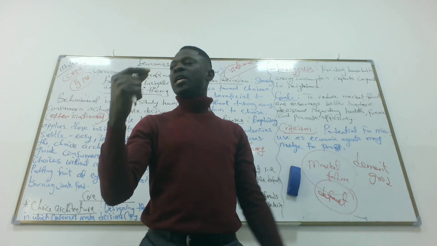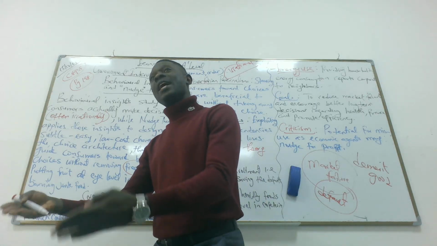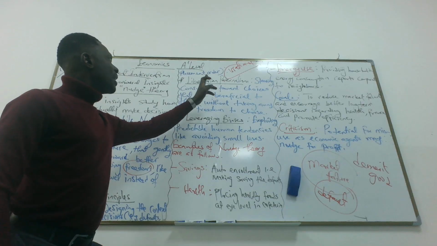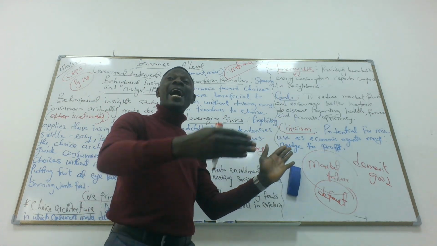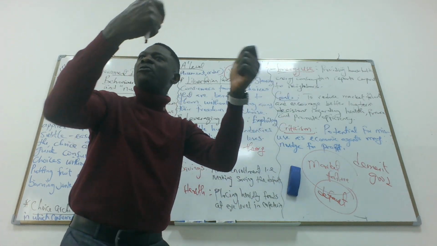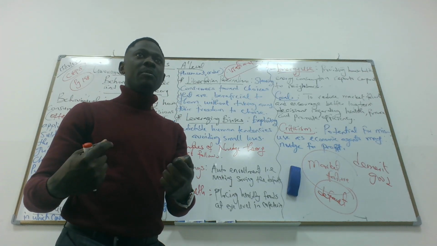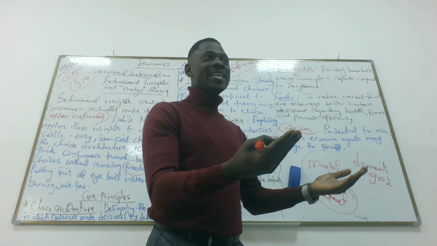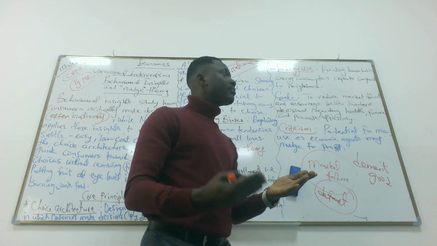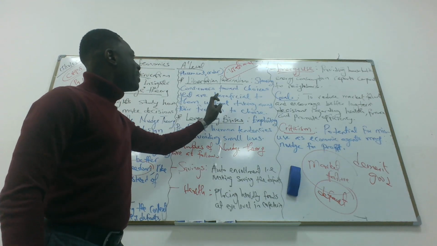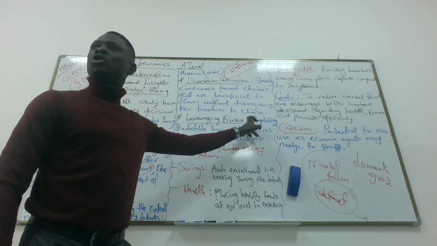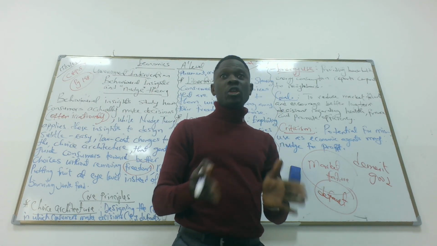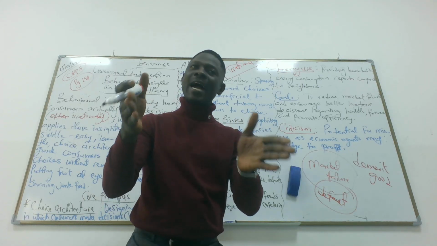So the first core principle is choice architecture, a design that allows you to make a better choice. The second one is libertarian paternalism. So we'll guide you without taking away your freedom of choice, because every individual has freedom to choose. But we will give you other options that will make you think otherwise. Telling consumers what choices are beneficial to them without taking away their freedom to choose. Consumers are not going to be deprived of their freedom to choose, but we just guide them to make the right, better decision.